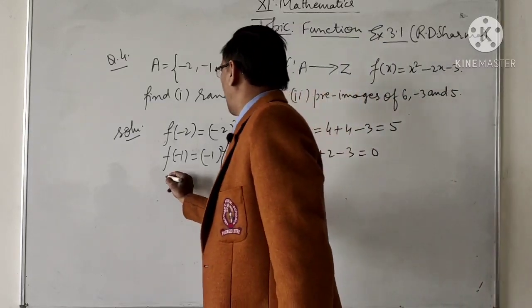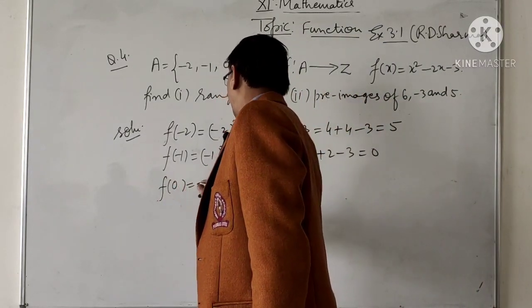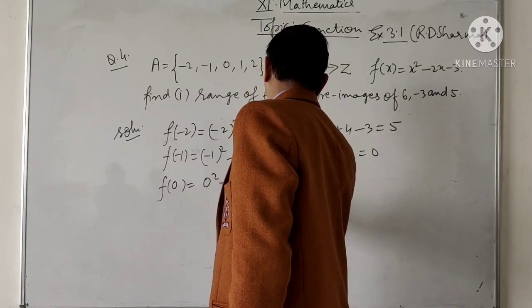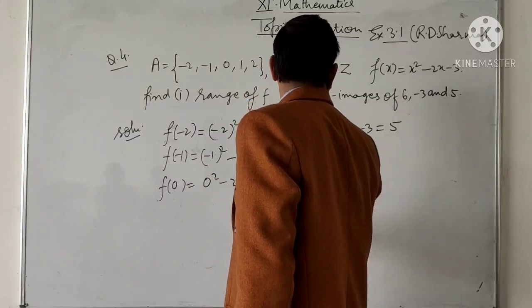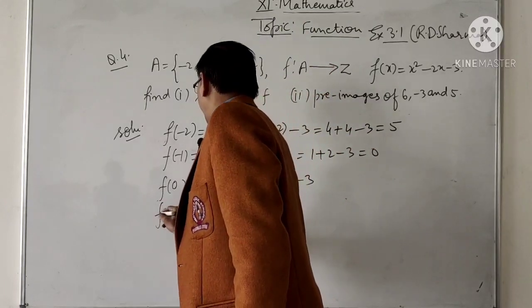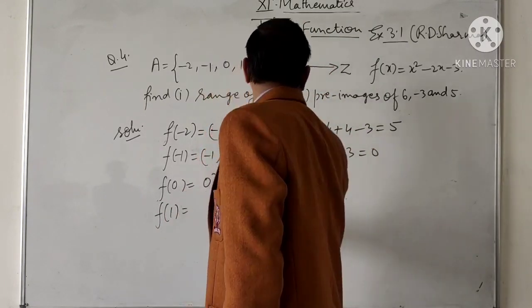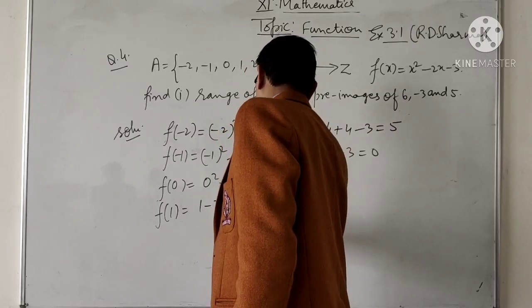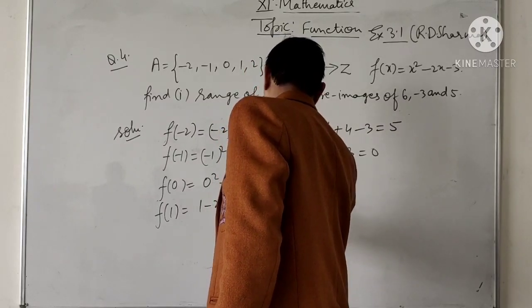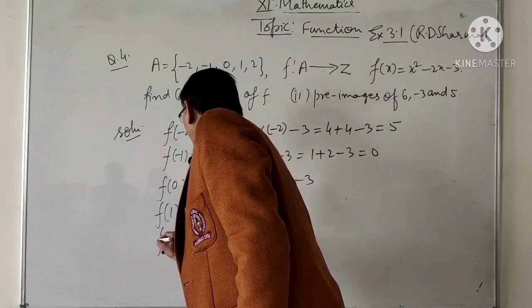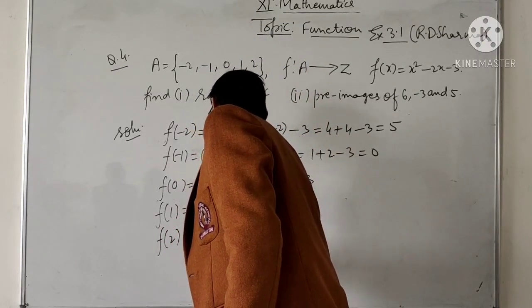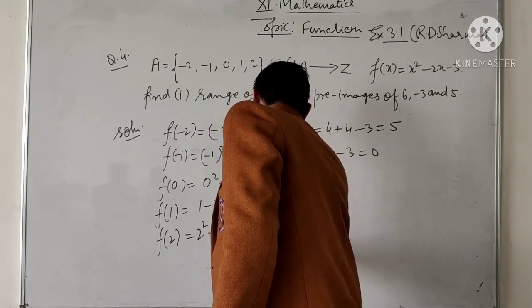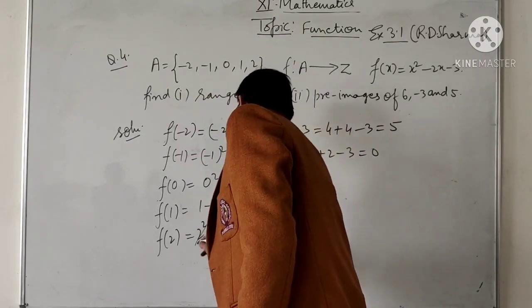Then f(0) is 0² - 2(0) - 3 is -3. Then f(1) is 1 - 2 - 3, it is -4. Then f(2) is 2² - 2(2) - 3,